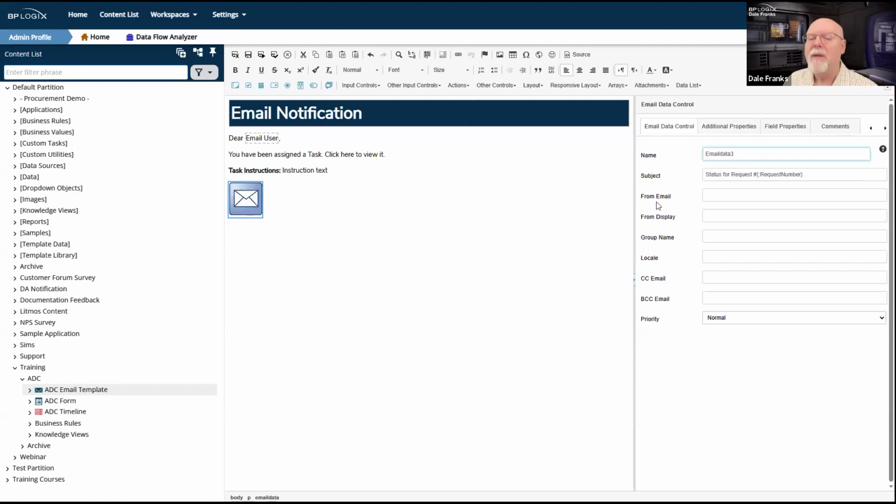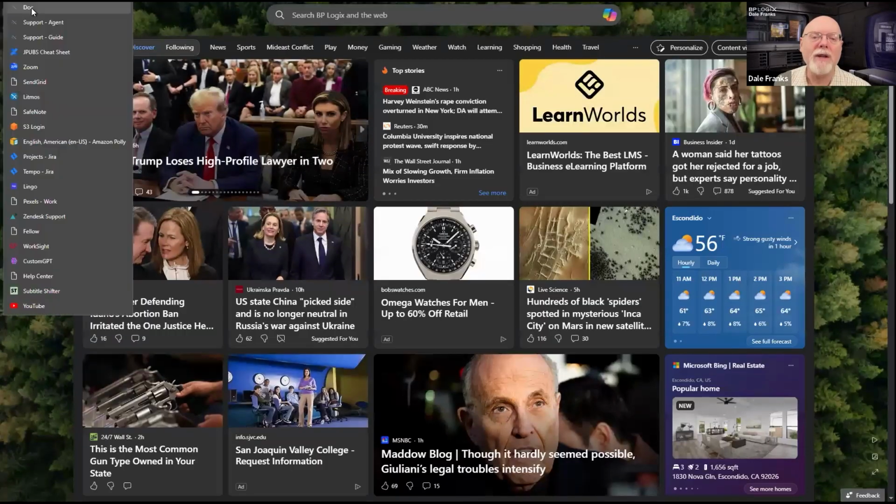But for the most part, we aren't going to fill out the from email and from display name. There is actually a hierarchy of what the from email address is that the user sees whenever they receive an email. And we should talk about that hierarchy. And in fact, I believe I have it in the documentation.